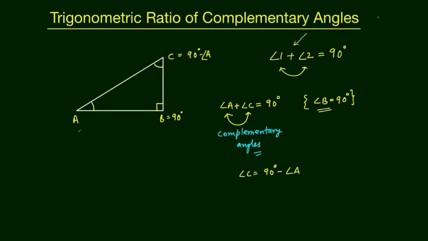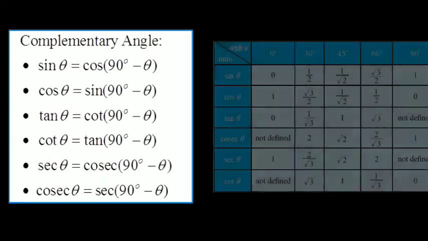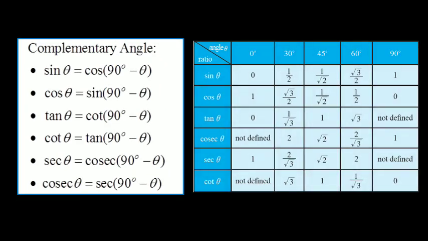These are the steps to find the trigonometric ratios of complementary angles. I hope you have understood this concept. You can do all the exercises, and you have already done all the NCERT exercises. With this video I will provide some important questions to you. You need to solve those questions in your notebook, and also you need to revise your NCERT exercise.